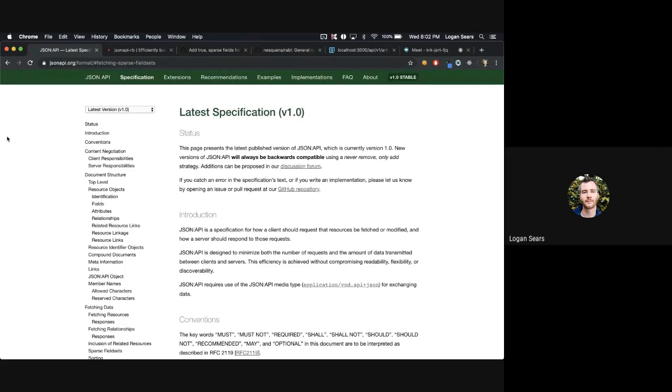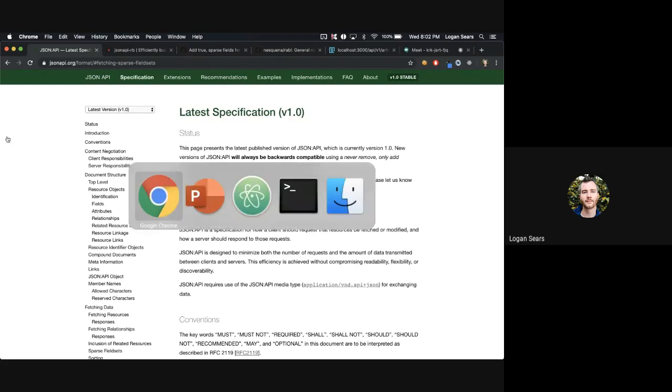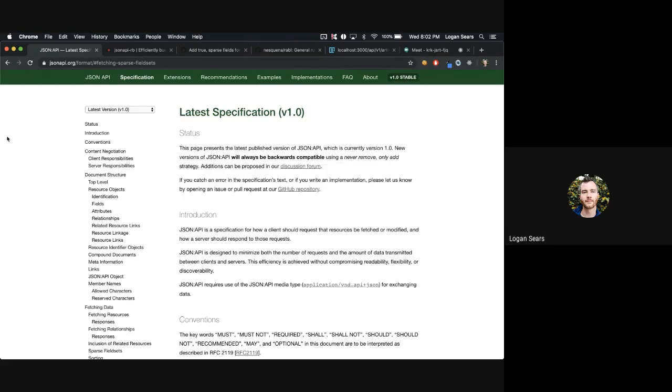I've been working at Brandfolder for 4 years. I've been working on APIs at large for the last 6, and I've built some bad ones, I've built some okay ones, and I built a decently good one at Brandfolder, and I'd like to share with you how I did it. But before I do that, I think we have to talk a little bit about why sparse fields and why